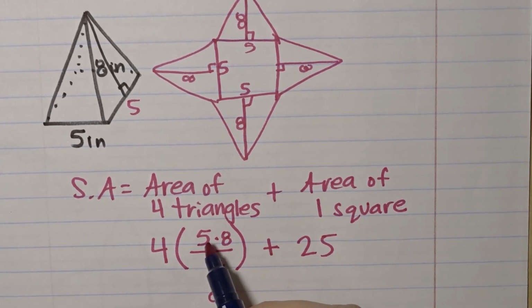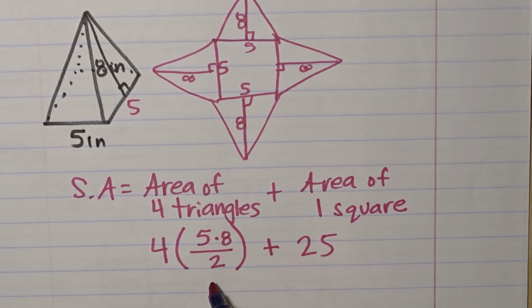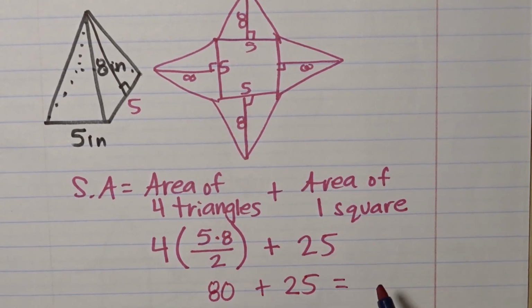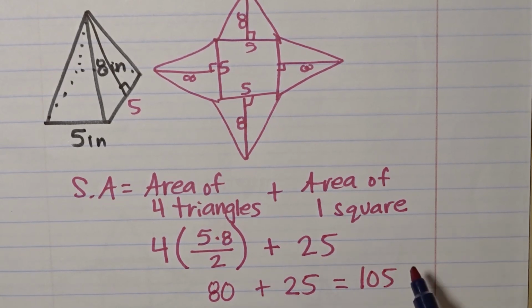This is 40 divided by 2 is 20. 20 times 4 is 80, plus 25. So that's going to equal 105. And the units were inches